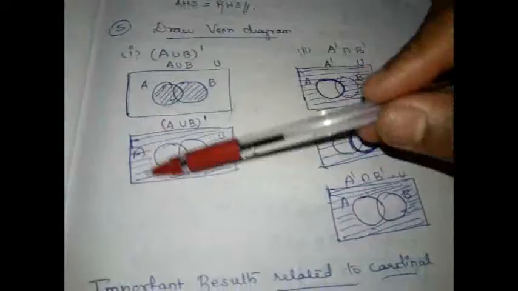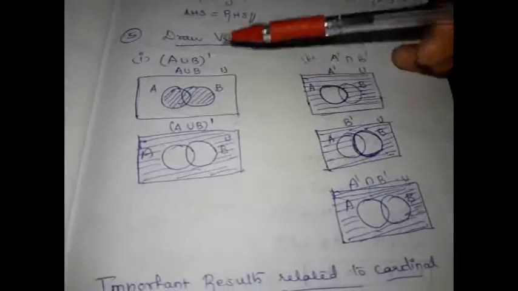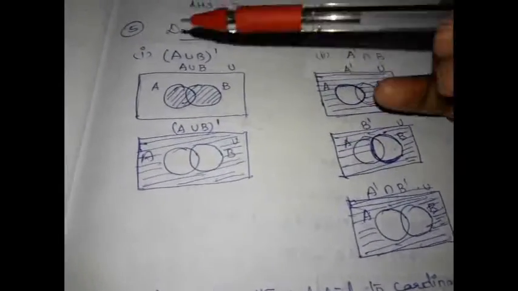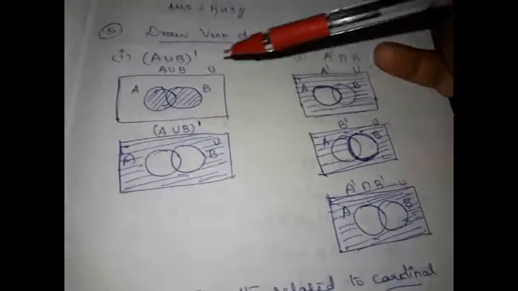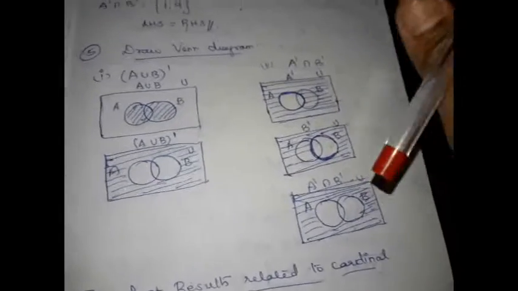This is De Morgan's law using Venn diagram. Again, as I told you, do it step by step. A union B the whole dash. First find what is A union B. And one more thing is, you have to draw Venn diagrams with this rectangle. The universal set should be denoted. Without the rectangle, you should not draw simply the circles. Rectangle is very, very important. That denotes your universal set.